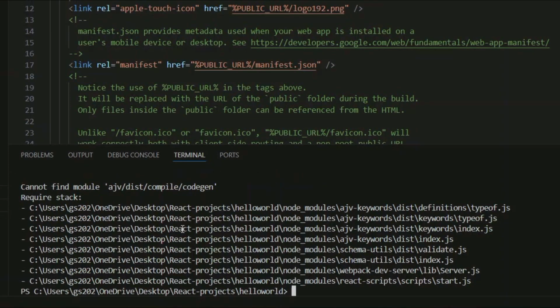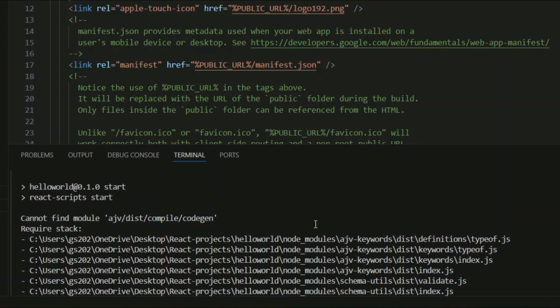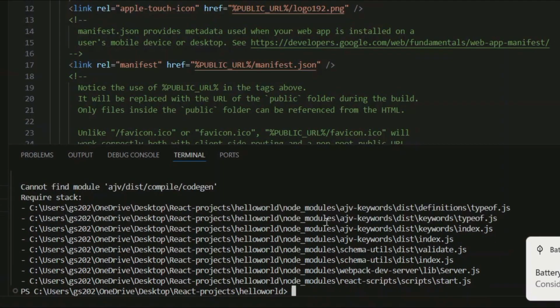You can see that it is also showing some error: cannot find module this codegen. That's the error it is showing. So we need to install this package manually. You can scroll down on our command prompt, and type something like